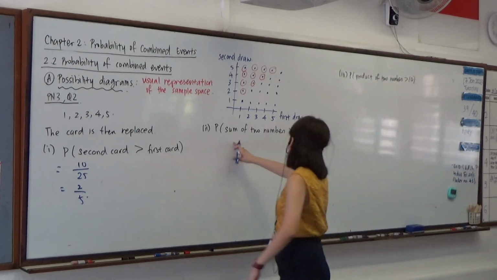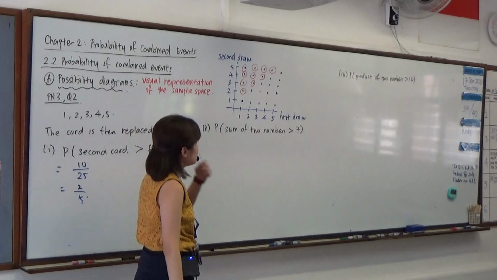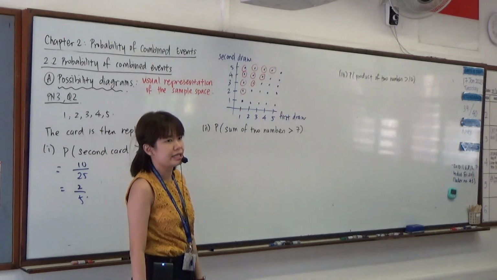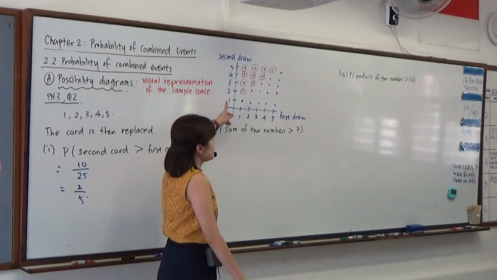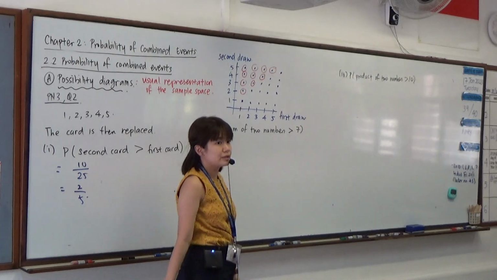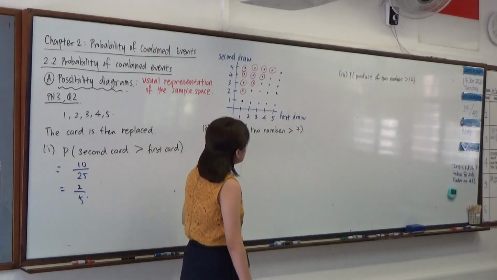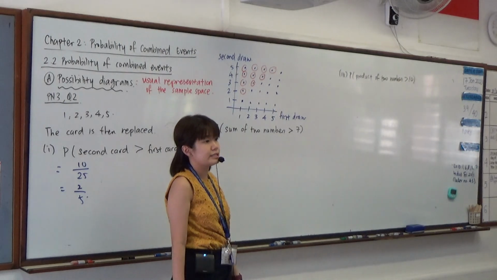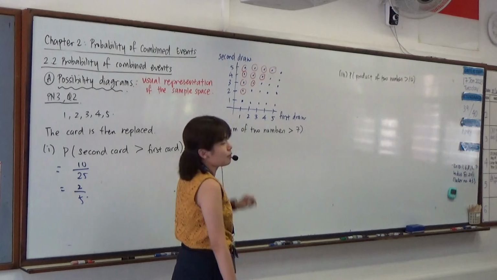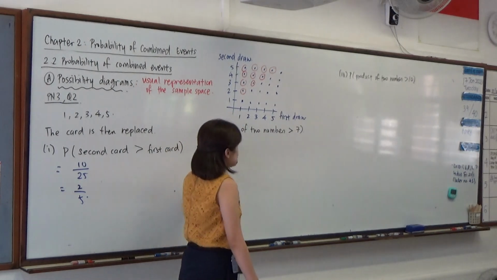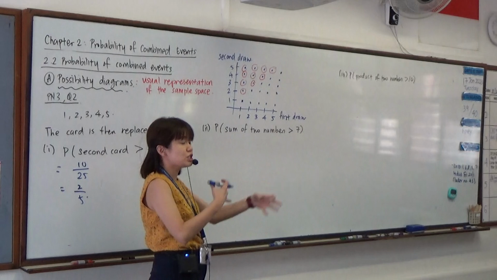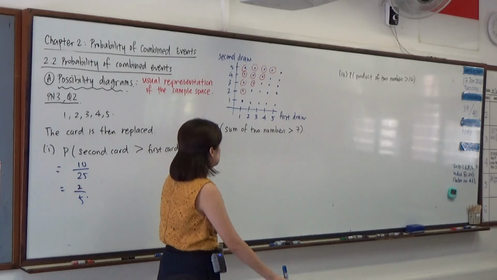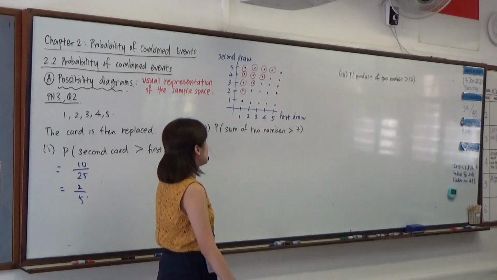Okay? Now why do I want to place emphasis on these 2 parts of the question? Notice that sum and product is being required to answer the question, but your possibility diagram over here has its limitation. It doesn't tell you the sum, it doesn't tell you the product. It means that you have to individually go and count everything before you can decide your probability itself. So this possibility diagram is not helpful for sum and product. Then we need to switch out our possibility diagram to re-represent the sample space that we're looking at for the experiment or for the event.